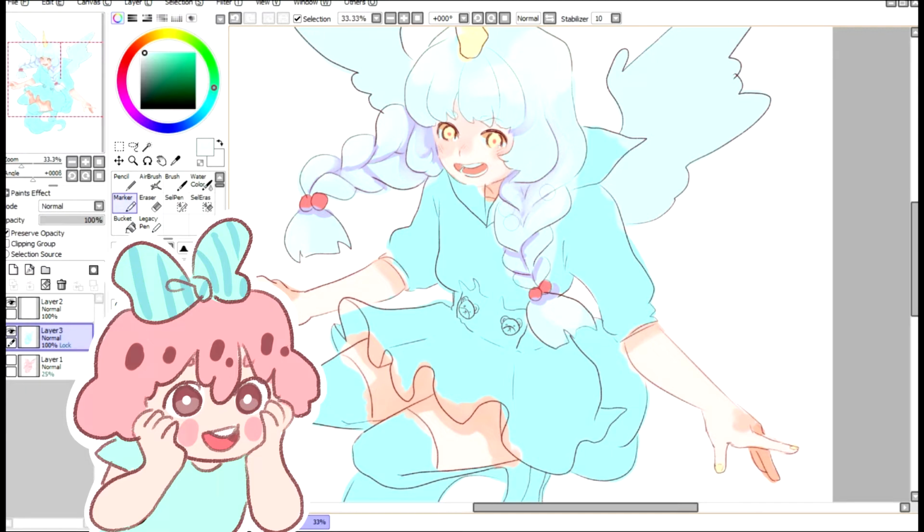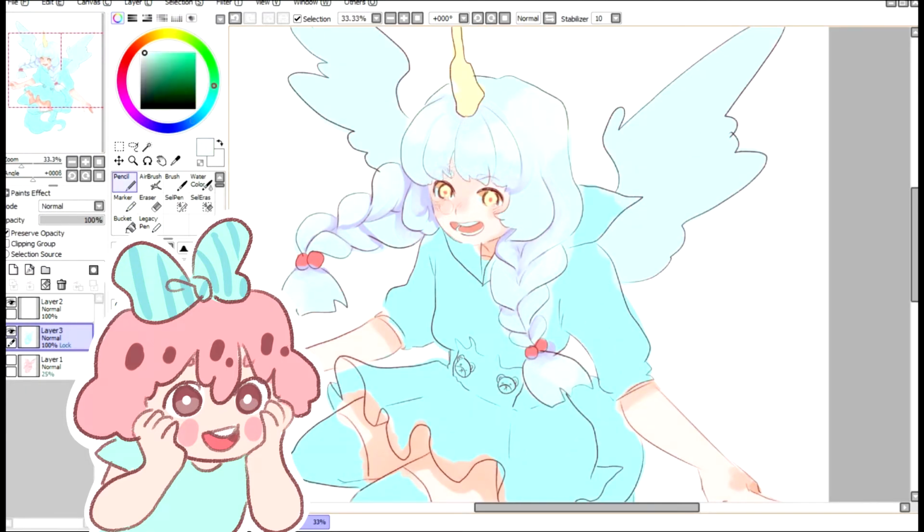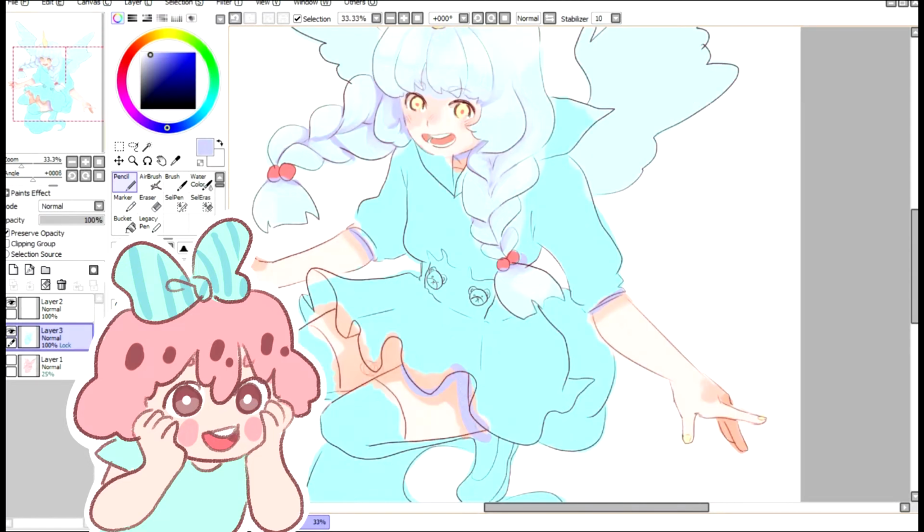I changed around the colors a bit from the initial sketch because I can do that. And also, I still hadn't looked at the sketch page at this time, and so I was going off approximate memory instead of reference and research, which is very important as an artist, and I am not a good example here. Hopefully in future videos I'll actually be able to set a good example for others